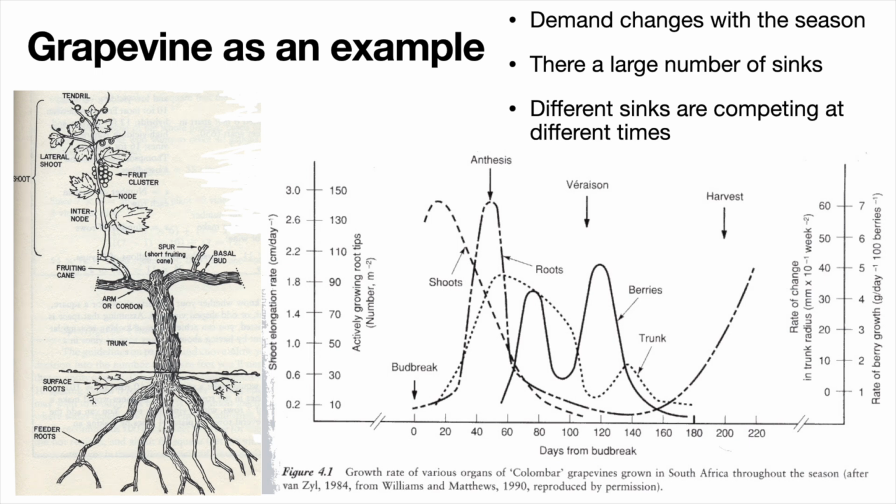If we follow the growth of roots, we see that there is a solid line with a few dashes in it, and we see that root growth increases at bud break and peaks about 50 days later at anthesis. Anthesis is when flowering is occurring. They represent a large set of sinks that are developing. At that point then, root growth declines rapidly to mid-season by about day 140 and then increases again at the